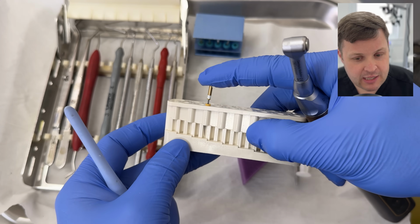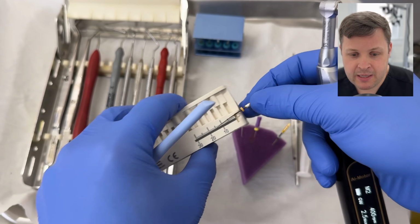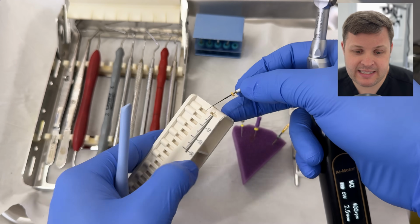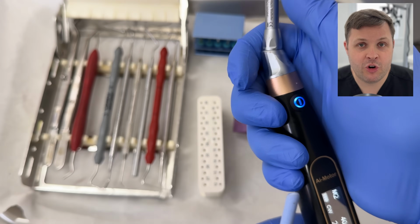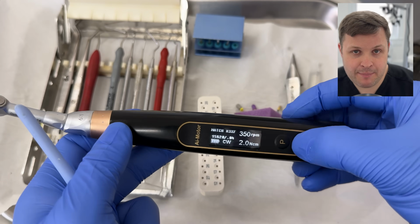And the first glide path file that I do use, this is a Hi-Flex 1503, and the problem with these Hi-Flex glide path files is they've got a little bit of shape memory. So have you noticed before with the hand files, I had to make a little bend at the end to get it past the